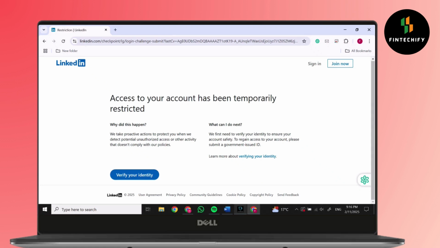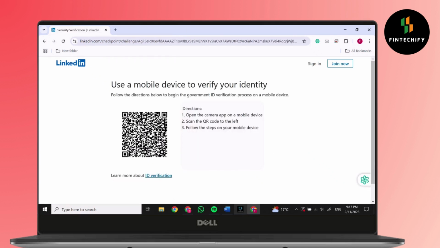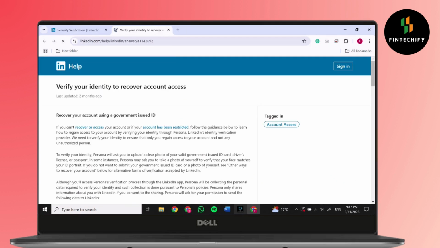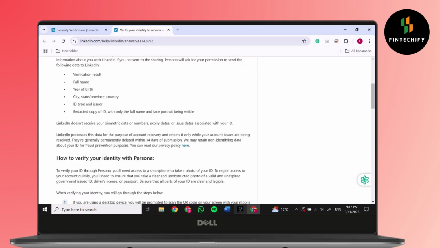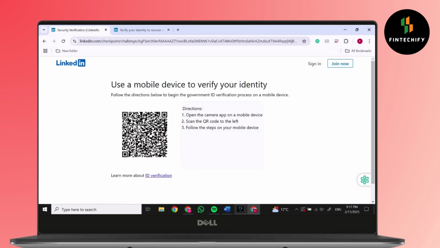If your account has been restricted temporarily, you'll find this kind of screen pop up. Click on Verify Your Identity. In here, you'll find Learn More about Identity Verification. In here, you may find how to recover it as you need verification result, your government ID, or simply open